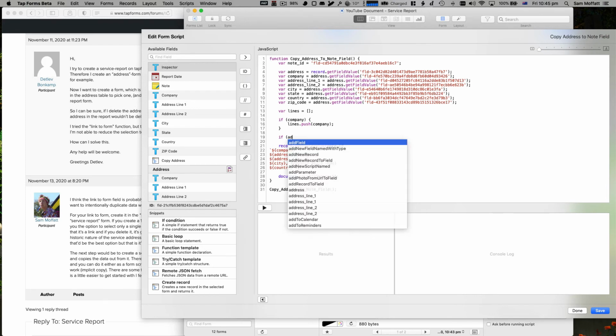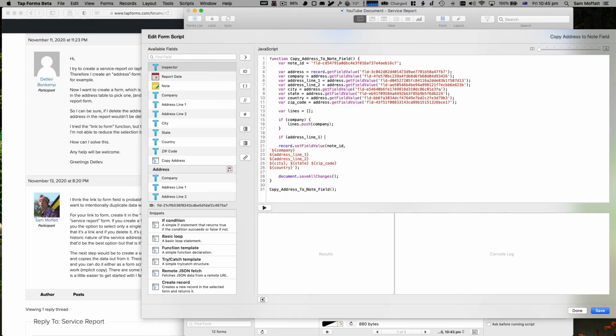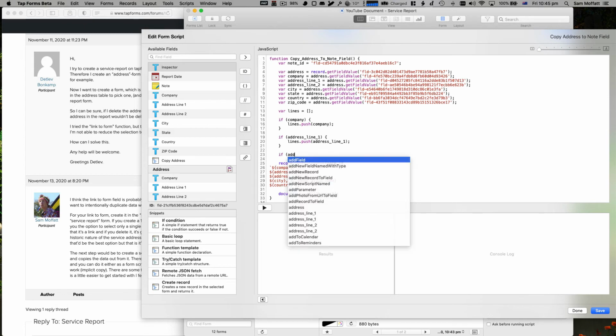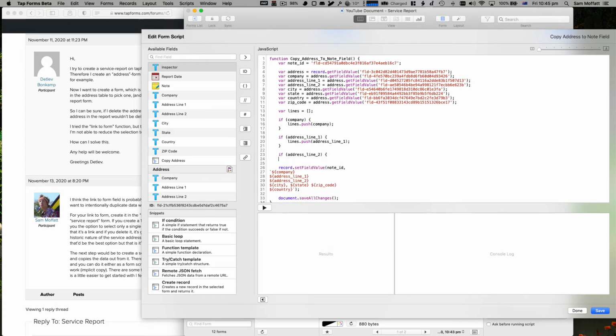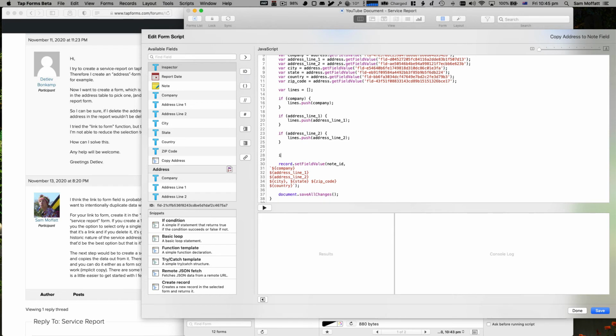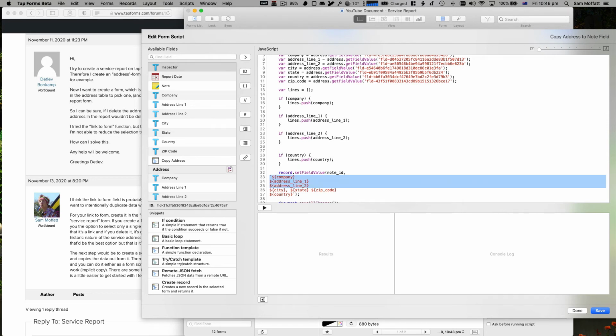If address line 1, lines.push address line 1, if address line 2, line 2, if now we have the fun one, which is city state thing. So let's just do while we're here, if country lines.push country, and we'll save this